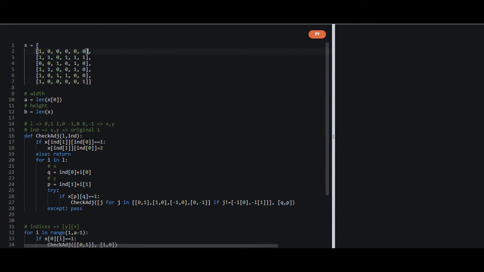For example, if our corner is 0, then we can just rename it to 1, and if it is 1, we can rename it to 2. This will become 2 and this will become 2. Now since this is a 1 and we are already going to remove all the ones, all the islands will remain 1 only. So we are going to remove all the islands. Instead of 1, we will rename them to 0.